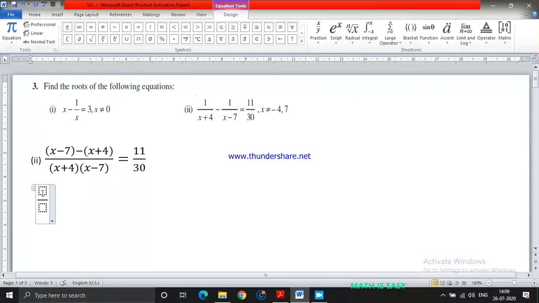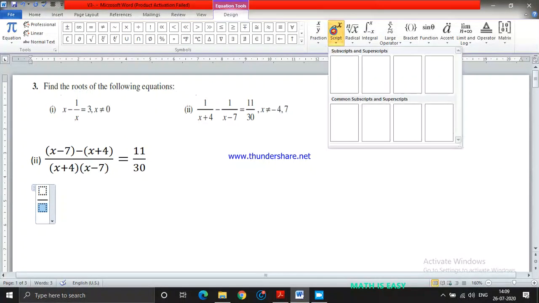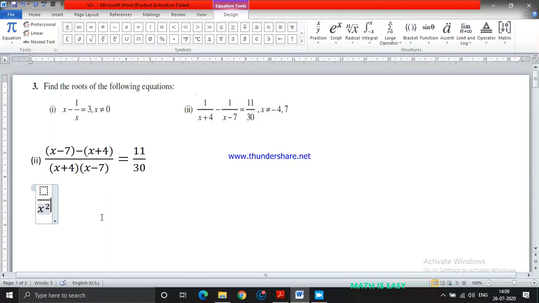So I think here you will get the denominator. Let me open up the bracket. x into x is x square you will get. Then x into minus 7 is minus 7x, and plus 4 into x is 4x. So minus 7x plus 4x is going to be minus 3x, minus 4 7s are 28. So I simplified the step also.